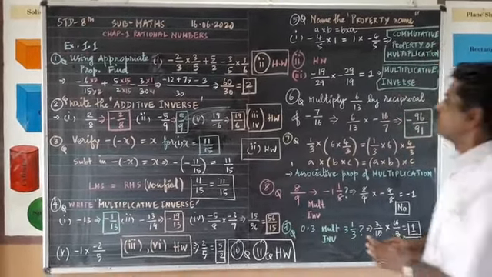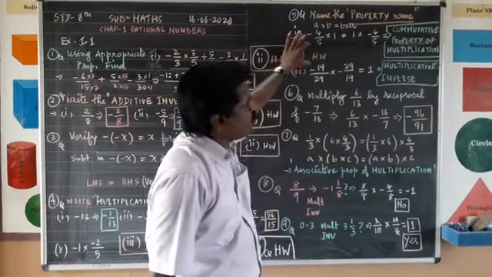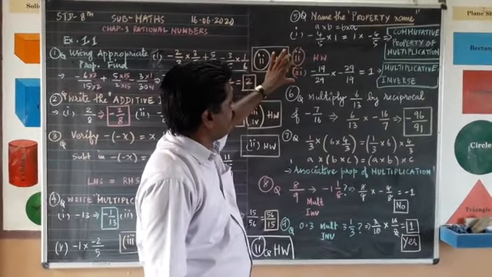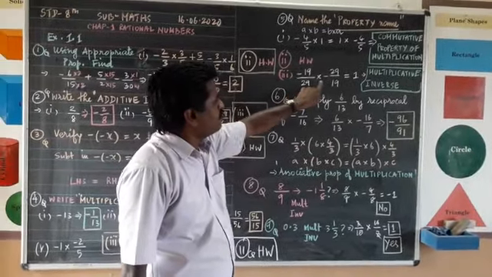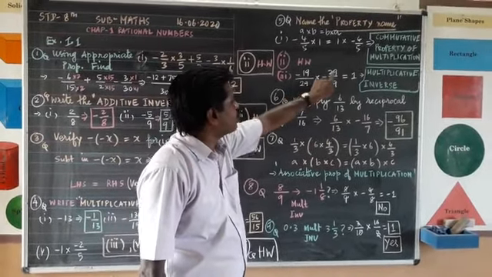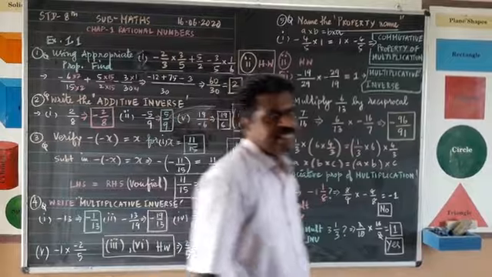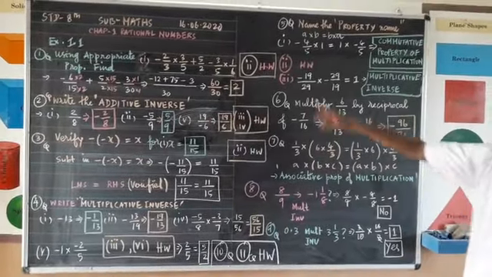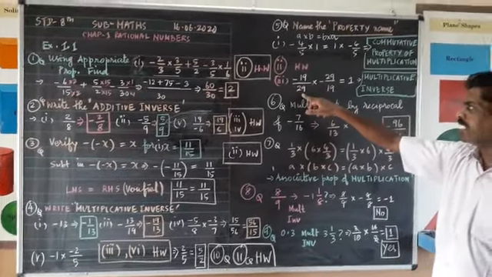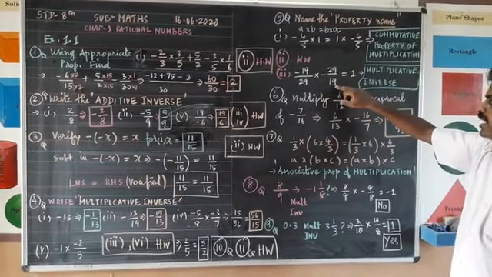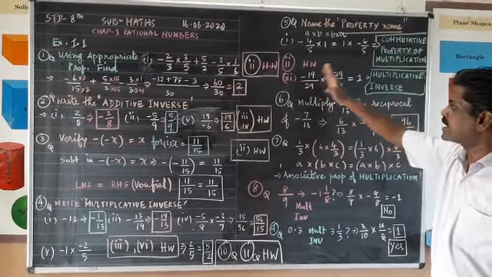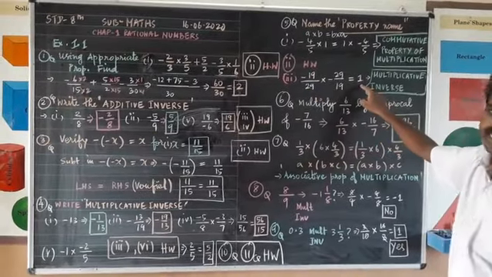First one. Second one you take it as a homework. Very simple problem. Third one I have done. Minus 19 upon 29 multiply minus 29 upon 19. What is this property? Minus 19 upon 29 multiplication of minus 29 upon 19. See, it is inverse of this one. If you cancel it, your answer is 1.